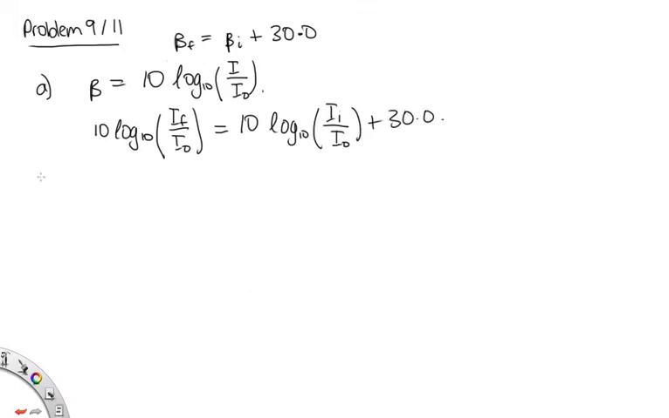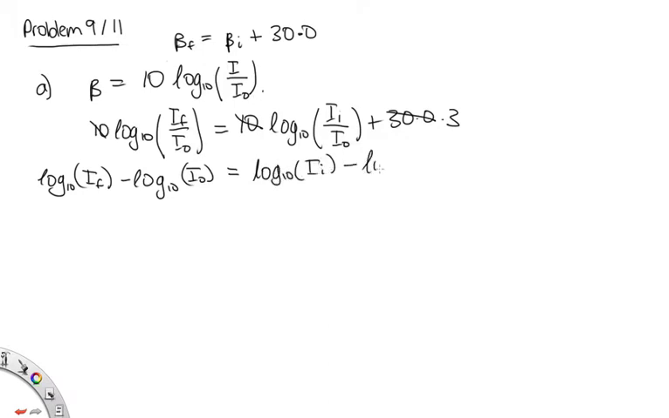Now expanding this log: when we do a division within a log, we can subtract the log functions from each other. Let's divide everything through by 10, so this becomes 3. So we've got log to the base 10 of IF minus log to the base 10 of I0 is equal to log to the base 10 of the initial intensity minus log to the base 10 of the reference intensity, plus 3. Now the log of the reference intensity cancels out, and we end up with